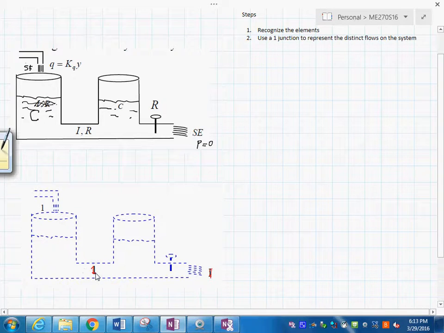So this obviously is a source, as I mentioned before, and we have the other elements above here. So what we need to do is to use a one junction, as we have in here, for the distinct flows on the system. Then the next step is going to be to attach